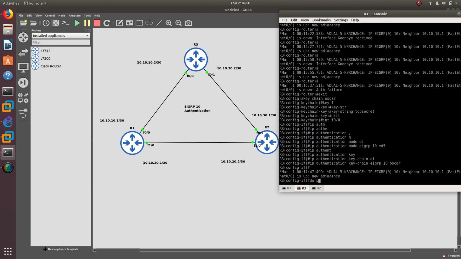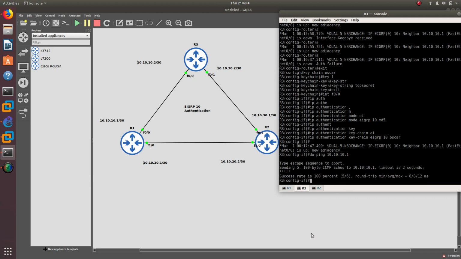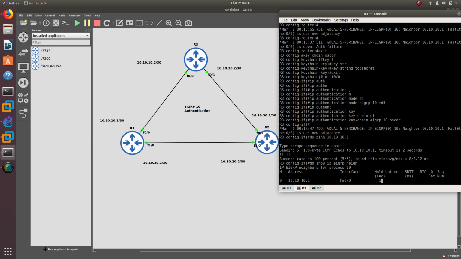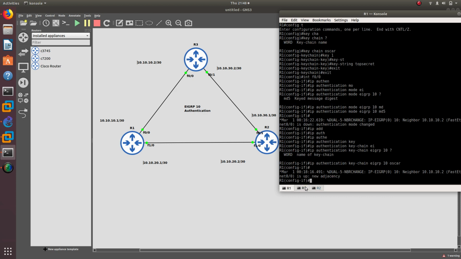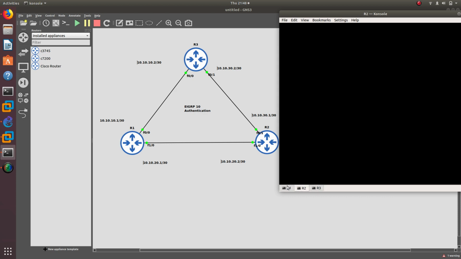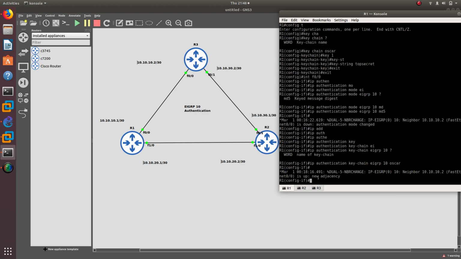Now we should be able to ping 10.10.10.1, which is router 1. Great. So we are able to ping router 1 and also do show IP EIGRP neighbor. There we go. We have the two neighbors. Great. Now let's go ahead back to router 2 and let's now enable